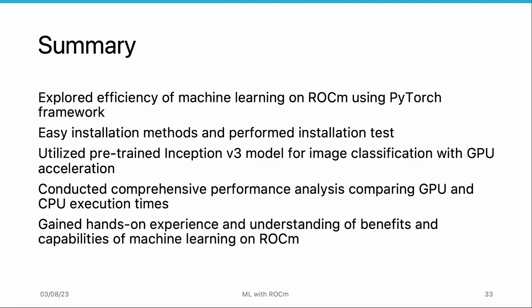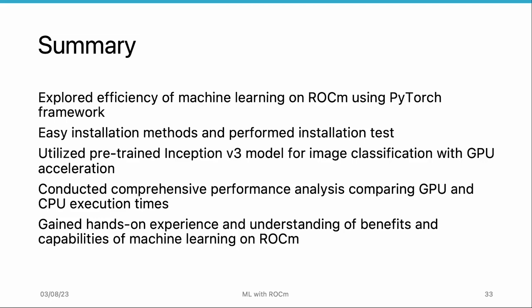So far, we have introduced how to use PyTorch on the ROCm platform. Let's summarize. In this section, we focused on the efficiency of machine learning on ROCm using the PyTorch framework. We started by learning how to easily install PyTorch using the simplest and most convenient methods. We also learned how to perform a test to make sure PyTorch is installed correctly. Then we applied the pre-trained Inception v3 model to an image classification task. By harnessing the power of the GPU, we experienced significant improvements in efficiency thanks to GPU acceleration in deep learning